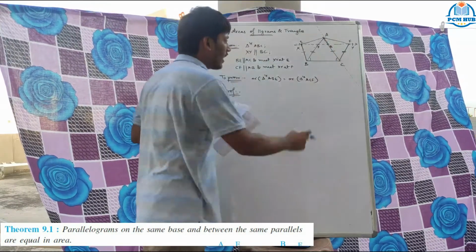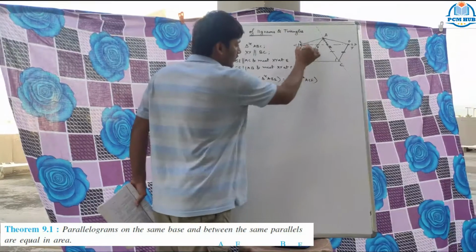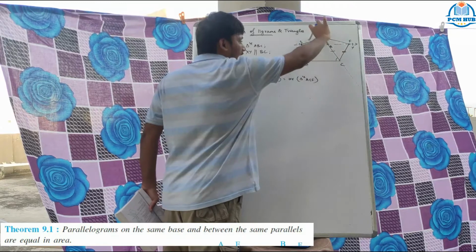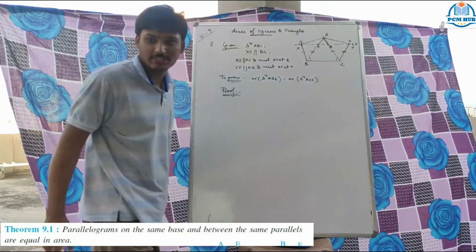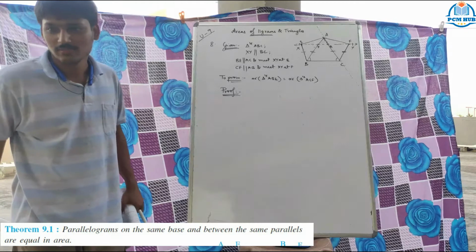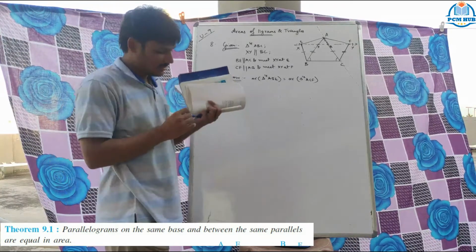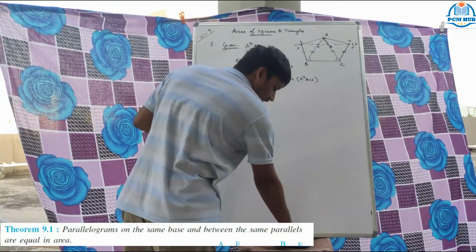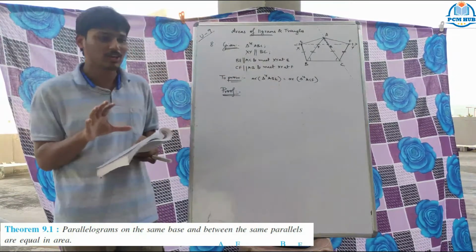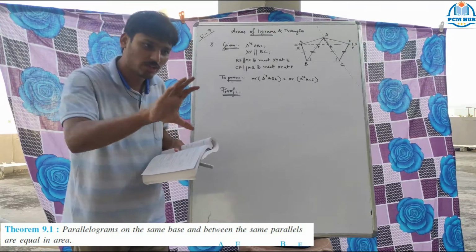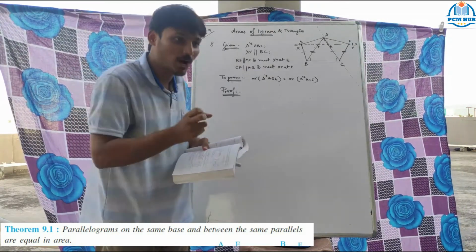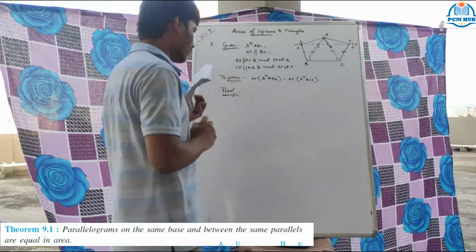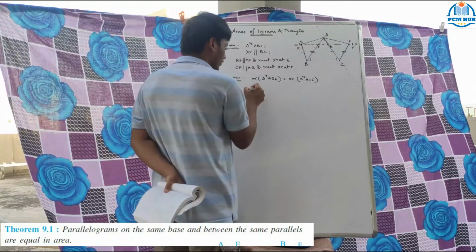Parallelogram and required triangle on the same base and between the same parallels. This is a common base. BE is the common base. This is a parallelogram here. This is a triangle here. Both are on the same base and between the same parallels. Clear? Similarly, in the other one. The fact is, in CBSE, the question or the model will be the same, but they just give some modification, hiding of things. Okay, so let us write the proof.